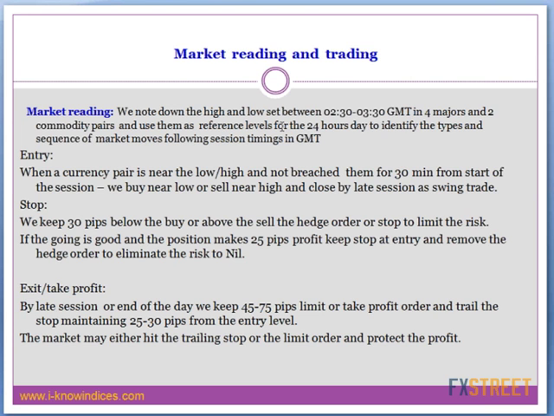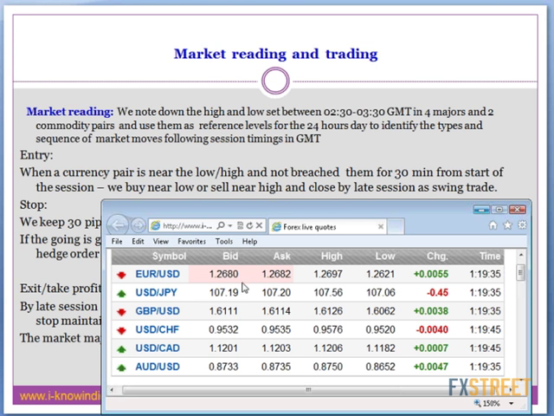Then this is the trading strategy. We follow that we note down the initial lows and the highs around 3:30 GMT, and then try to decide whether we will be able to do the sell and buy trade or a buy and sell trade. And if the high has been formed and not breached the high for more than 30 minutes after the formation, after 3:30, then we'll try to take the sell position near that of the high, and then try to book profit near that of the low or by end of the session.